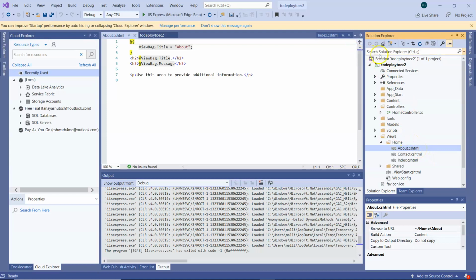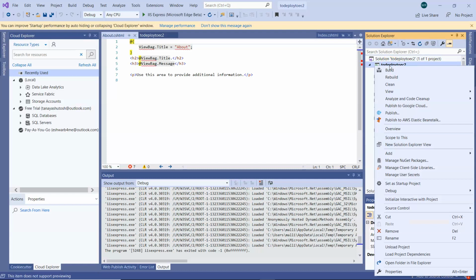So coming back to the deployment to our EC2 instance, simply right click on your project, publish. You also have different options to publish to Google Cloud, and at the same time, publish to AWS Elastic Beanstalk. Elastic Beanstalk is a managed service. You don't need to worry about your server maintenance and all those things. Whereas now we are going with EC2, where you have to manage all your servers. It's like infrastructure as a service, whereas Elastic Beanstalk is platform as a service. So let us jump into publish.